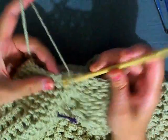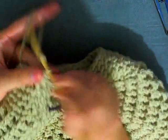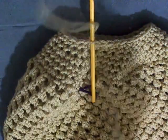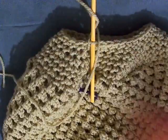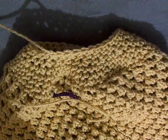Okay, I did my last row here. I'm going to go ahead and get to the next stitch and just slip stitch, chain 1, leave yourself a bit of a tail here to sew your hat shut at the top. Get your tapestry needle,